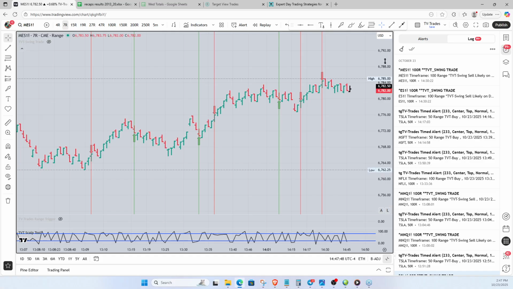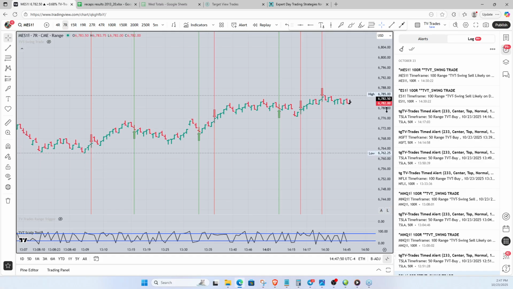And that was the problem that one of the guys that was on the trial recently said. You know, he gets conflicting signals. They might be 2 in the same direction before one goes in the opposite direction, and he doesn't know when they're going to happen. And I haven't figured out how to let you know yet ahead of time that this is going to happen. But they're scalp trades.